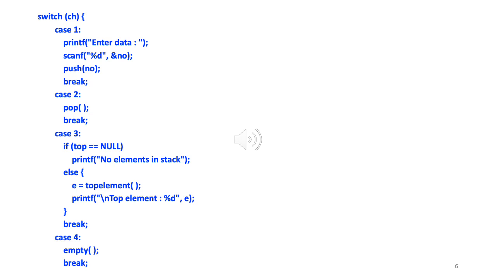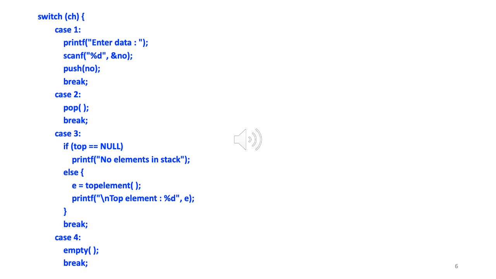So therefore what you will observe is a break after each of the cases. This ensures that after case 1, if case 1 is satisfied, cases 2, 3, 4, 5 are not executed. If case 2 is satisfied, cases 3, 4, 5, 6 are not executed. If case 3 is satisfied, cases 4, 5, 6 are not executed, and so on.